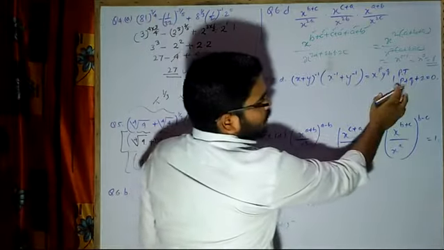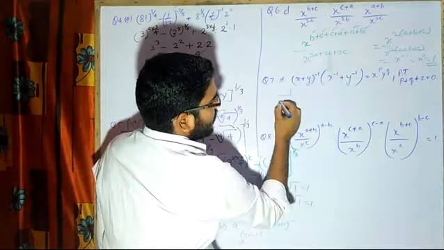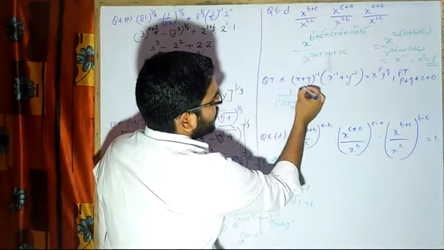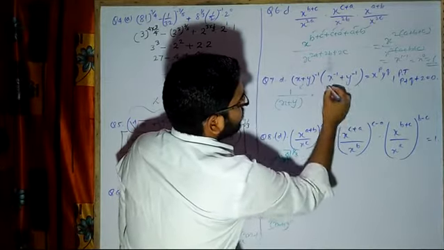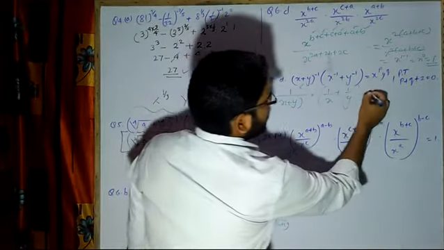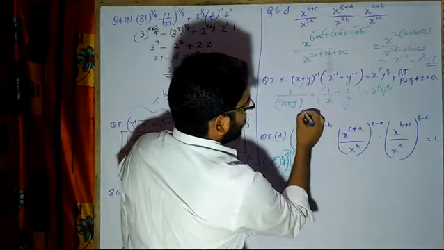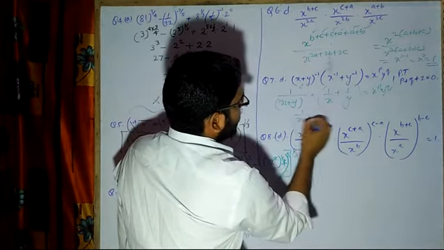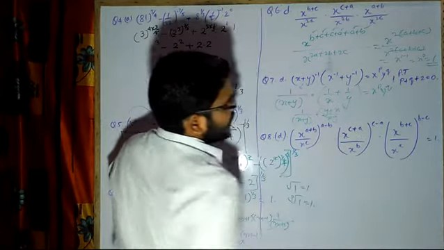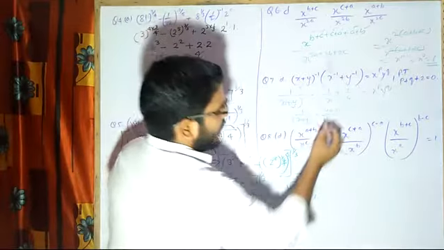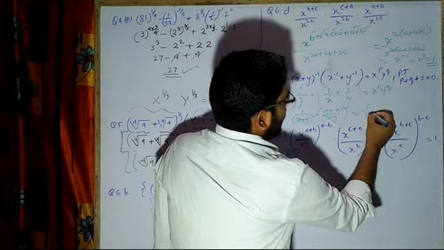Now here we have to prove that p plus q plus 2 is equal to 0. What we can do for this one is write x plus y for this particular number. Now this is written as 1 by x plus 1 by y. Now if you see here, this is equal to x raised power p, y raised power q. Now this can be written using the LCM. If you take it, it will be x plus y, and this will be y plus x upon xy. After taking the LCM, y x x y. Now x plus y or y plus x, same thing. It is in product form. This will be cancelled. So it will be xy.